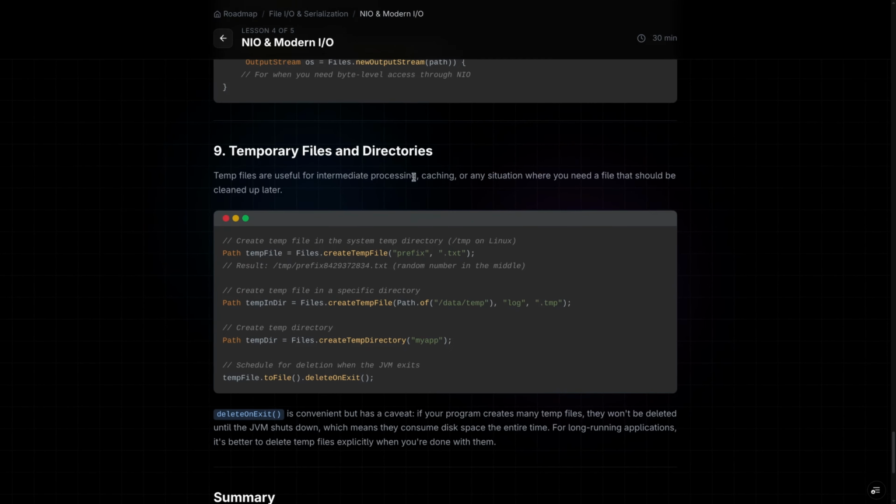Now, temporary files and directories. Temp files are useful for intermediate processing, caching, and any situation where we need a file that should be cleaned up later. Files.createTempFile. Okay, create temp file in a specific directory. Directory we can also create. We can also schedule for deletion when our JVM exits. Okay,